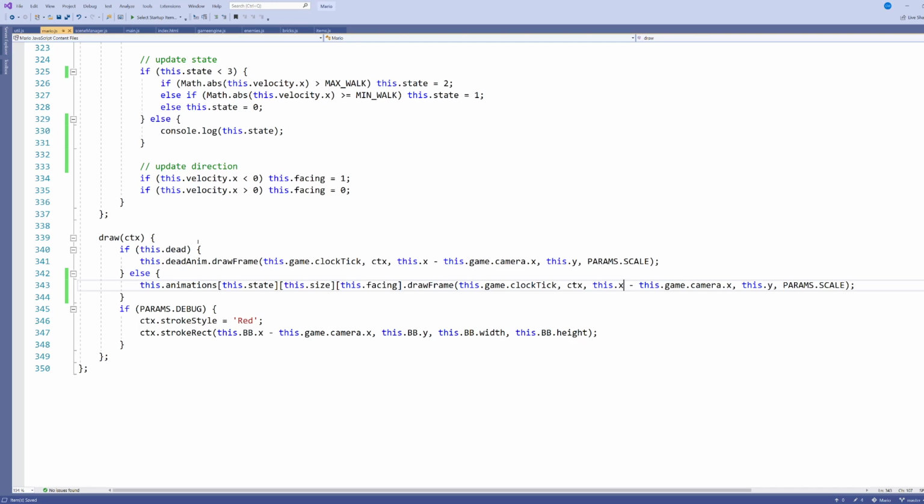So here's this extra little bit of complexity that you would need. Normally when we are drawing our entities, as you might expect, we would want to draw them at this.x and this.y. But this.x and this.y are going to be the game world coordinates of our entities. I'm going to state that one more time: this.x and this.y in our entities are going to be the game world coordinates of those entities, and that is in contrast to the canvas coordinates